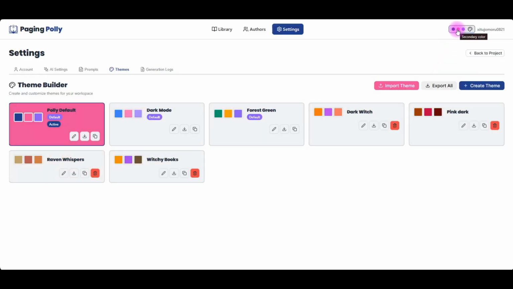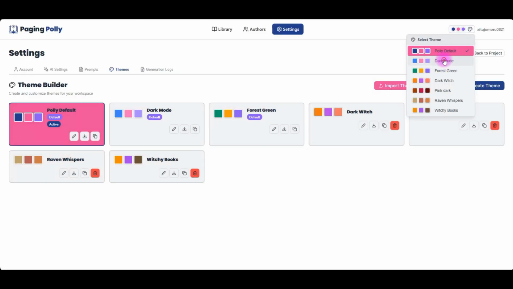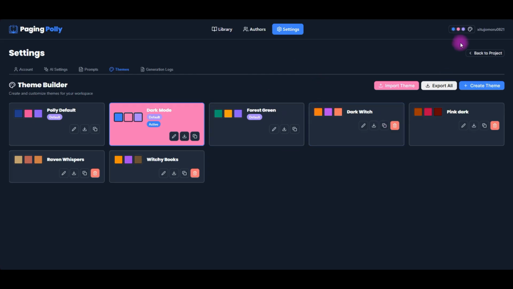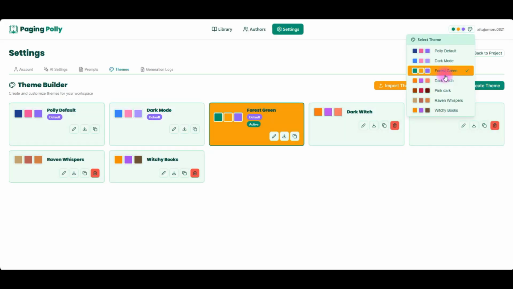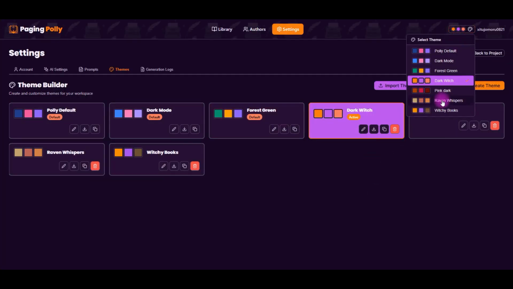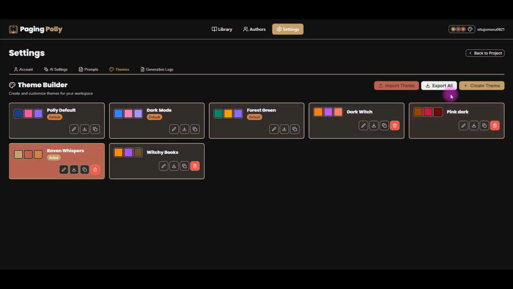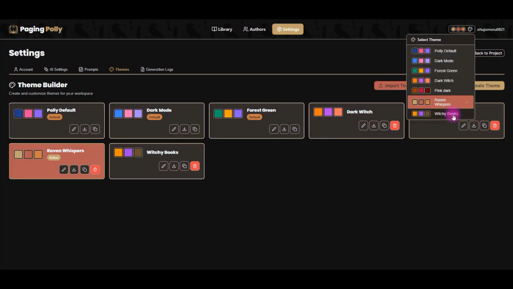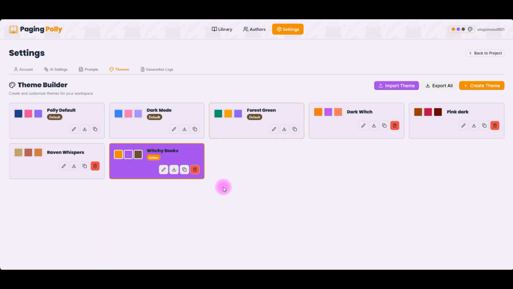So this is the default, which is blinding after being on Raven. Here's the default dark mode, forest green, dark witch, pink dark, Raven Whispers. You can tell I like dark mode. And then witchy books. So if we're going to create a new theme together, but first we're going to go